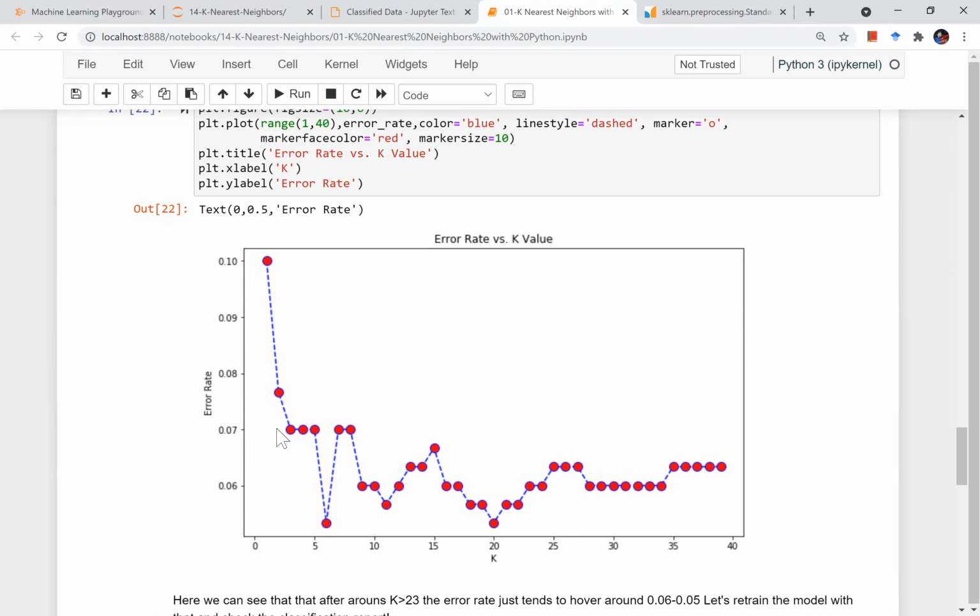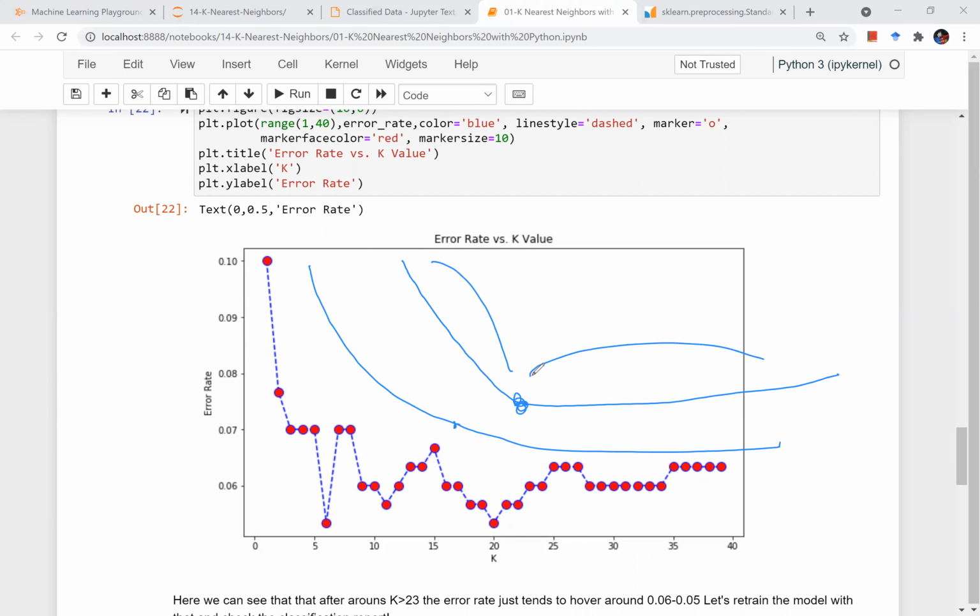Why is it called an elbow? Because this shape kind of looks like an elbow. If you take a look at your hand, there is a curvature, and the lowest point is at your elbow, right? So it generally looks like this, or maybe it may look like this. This is my hand, and this is my elbow point. So that's why it is called the elbow method, to find out the value of k.